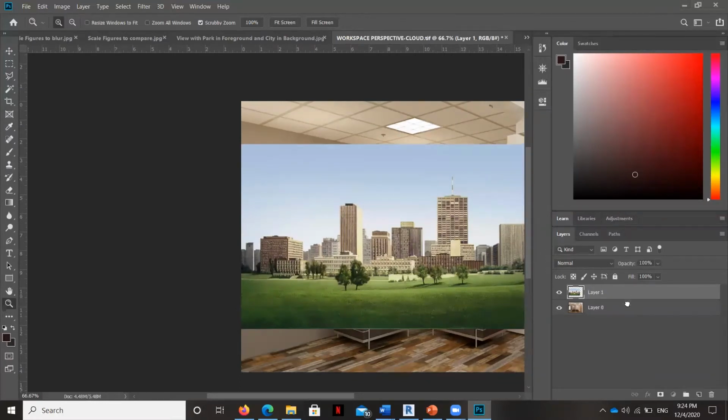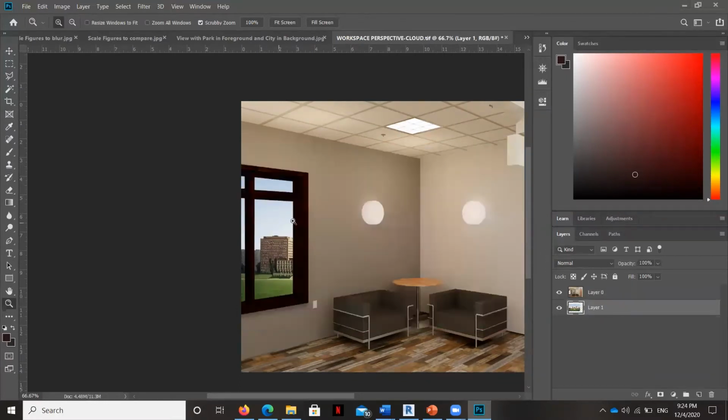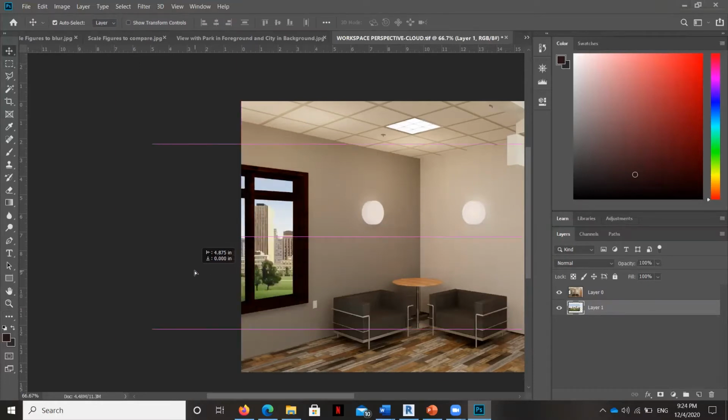And then I'm going to put that layer underneath the layer that I just created, and you can see it's now out the window. Now I can move that layer anywhere I want, depending on how much I want to see. Maybe I want to bring that city in close or far away. But here's the thing that you need to know to make all of your renders look appropriate, and that is, you have to be aware of the horizon line.